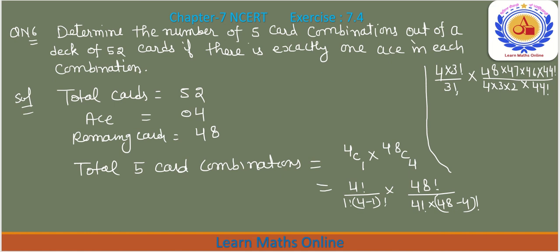After the cancellation, 44 can be cancelled with 44 factorial, 3 can be cancelled with 3 factorial. So after simplification, final answer is